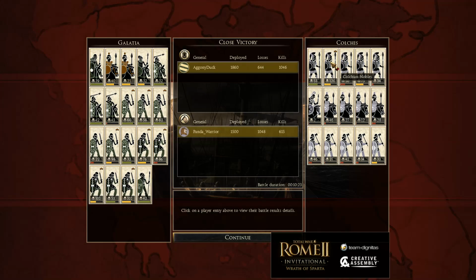One Colchian noble got a lot of kills for Panda Warrior, but really nothing here was cost effective for Panda Warrior at all. Like, none of these units did what they were supposed to do, and he never got the frontal cav charges off into the swords. Like, that was the one hope for him, because otherwise, if he just tries to grind it out with Galatia, he's just going to lose, because that's not going to work for him, I feel. But yeah, that is game, and